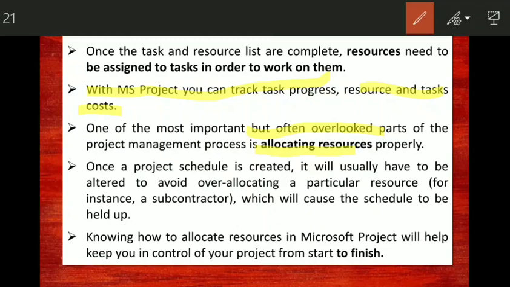So once the project schedule is created, it will usually have to be altered to avoid over allocating a particular resource. For instance, maybe a subcontractor. Usually there is no over allocation in the materials, but in the labors, usually with the people and equipment, over allocation happens. This will cause the schedule to be held up. Okay, and especially if there is any over allocation in your critical activities, then automatically there will be a delay